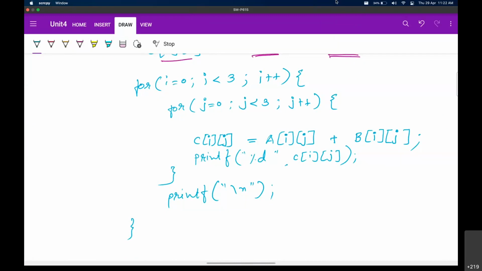Okay, next query Yom is asking, if we have two matrices of different order, 2 cross 2 and 3 cross 3, then we cannot add these matrices, but by this method we will add. Oh yeah, look, program is just the instructions. Okay, it is going to perform those steps. Now, if we want to have some kind of constraints, then definitely we need to write those constraints first. प्रोग्राम को खुद ब खुद पता नहीं चलता कि ये होगा या नहीं होगा. प्रोग्राम के अंदर हमें सब कुछ लिखना पड़ेगा.